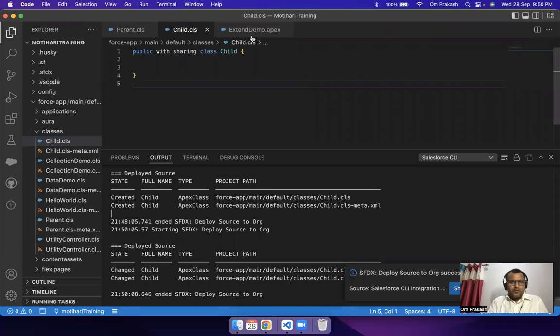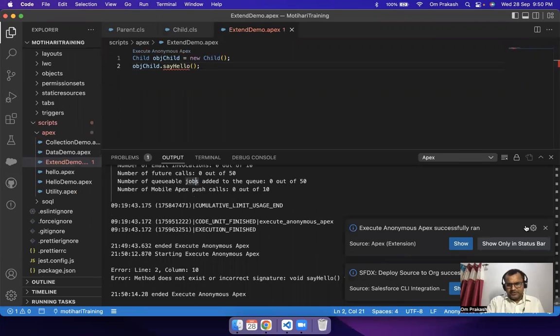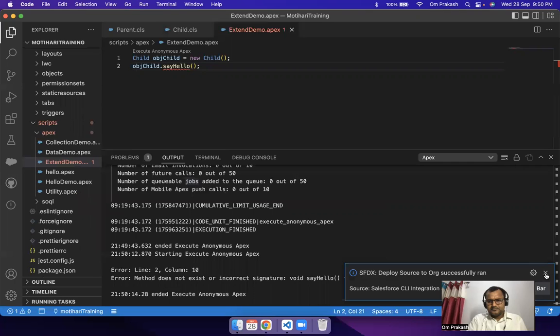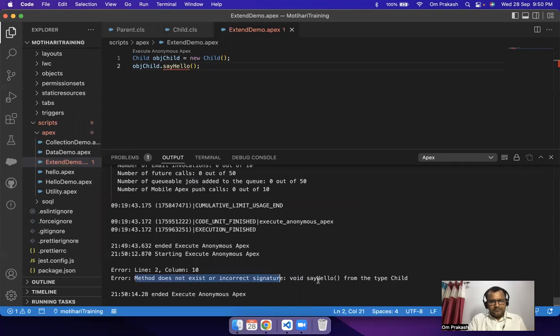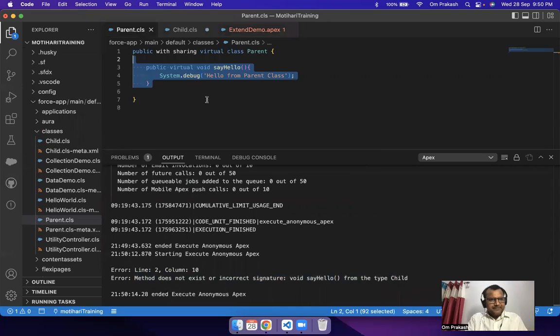And here we are not able to call this. Say hello does not exist, right? You can see the error message very clearly. One second. Say hello not available from the type Child, right? This is called inheritance. Let me deploy this,